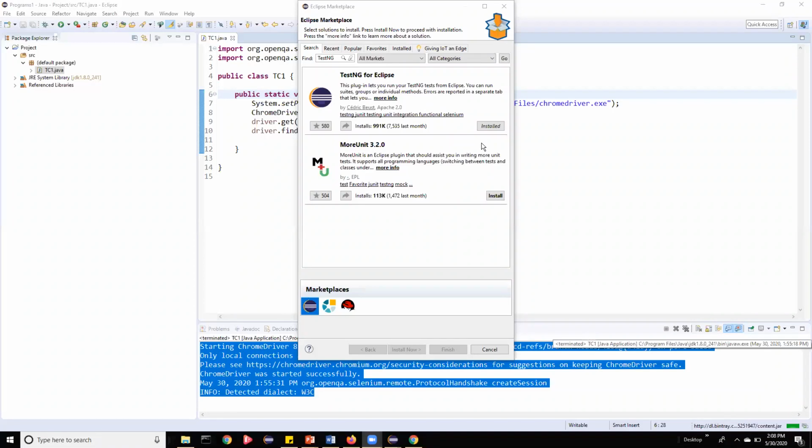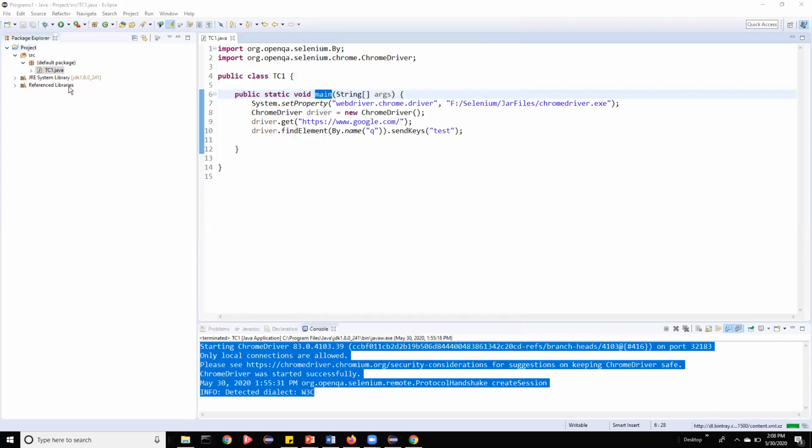You can see here I have already installed it, that's why it shows as installed. If it's not installed, you'll get an Install button. Click on it, and it will take some time to install. After that, close your Eclipse and reopen it, and then TestNG will be available on your system. Once TestNG is available, how do you configure it to your project?